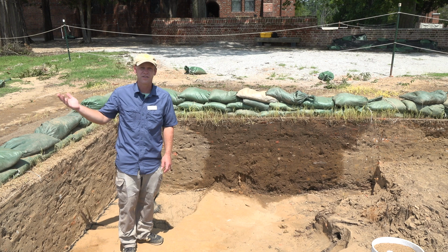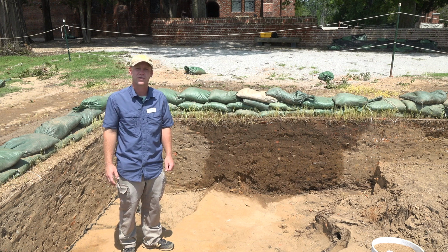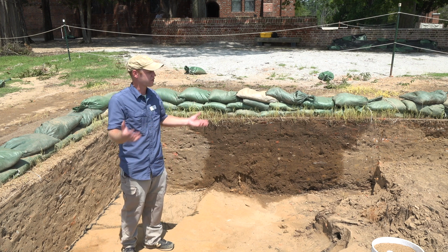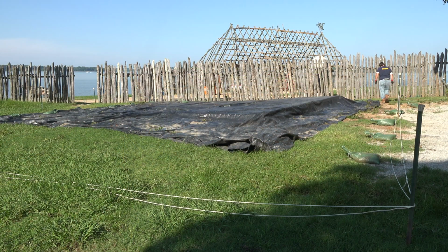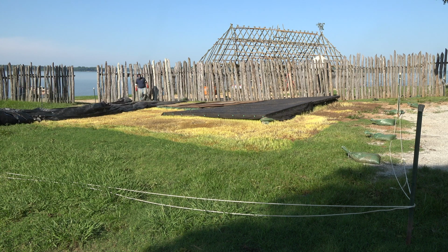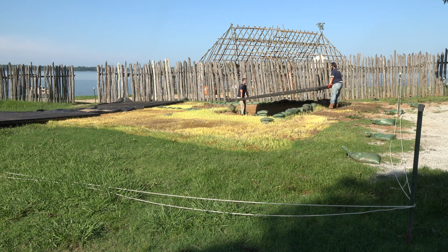I'm standing here east of the 1607 palisade to talk a little bit about our cleanup efforts after the major hurricane that just passed through. If you've visited the site, most days we've got archaeological excavation happening. We've got our excavation areas open just like this. But sometimes you may have seen black tarps or boards covering over where we've been digging. We put these items down to protect the archaeological remains from inclement weather. That could be rainstorms, it could be high winds, or it could be cold temperatures, things that might freeze the